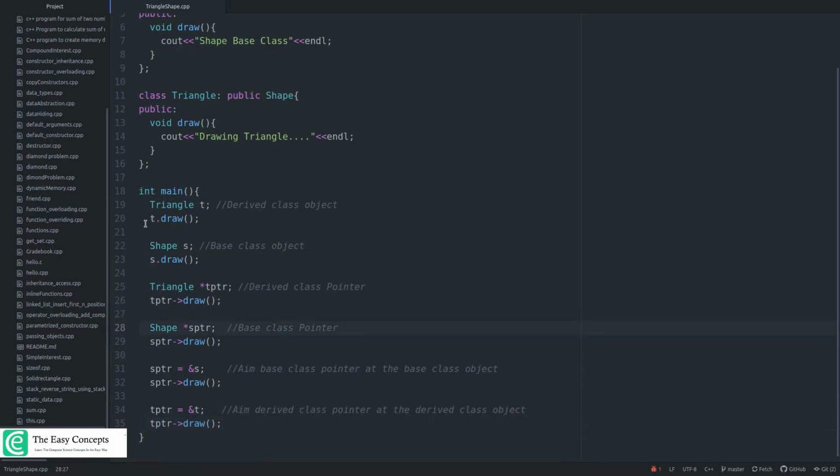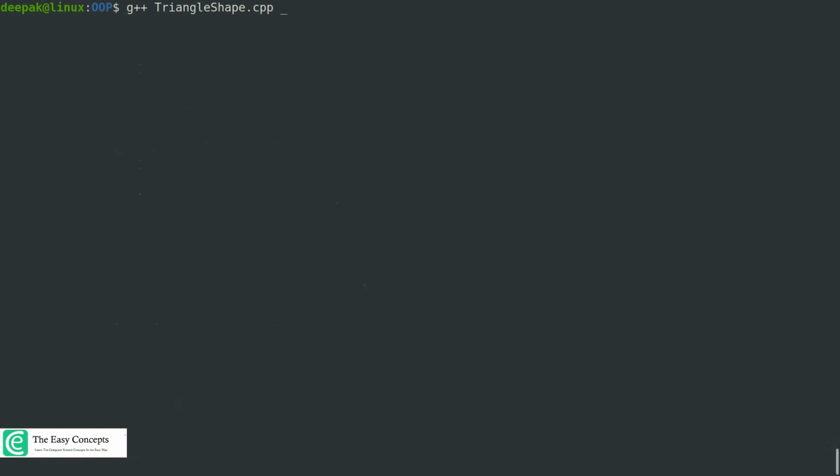We can comment out these statements where we are trying to invoke some functions so that it's not confusing. We want these declarations as we are using them down here. It should give us the output "shape base class", and another function should give us the output "drawing triangle", right? So let's compile this program first. It's compiled successfully. Now see the output, and you can see we are getting shape base class and drawing triangle, which is perfectly fine.